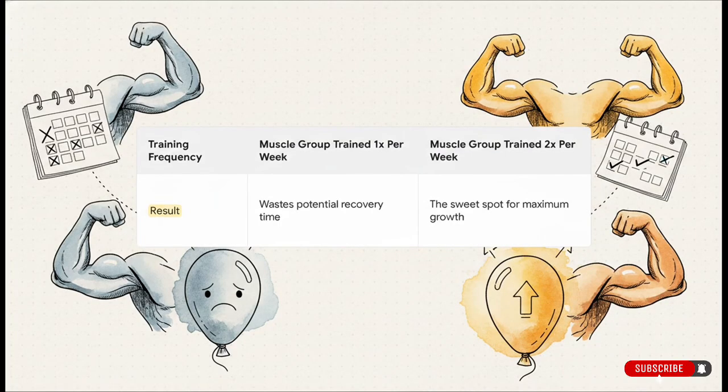Okay, so how often should you actually train each muscle? Well, think about it this way. If you train your chest on a Monday, it's probably fully recovered by Wednesday, maybe Thursday. If you wait all the way until the next Monday to train it again, you've just wasted a huge opportunity to stimulate more growth. That's exactly why hitting each muscle group about twice a week is the real sweet spot